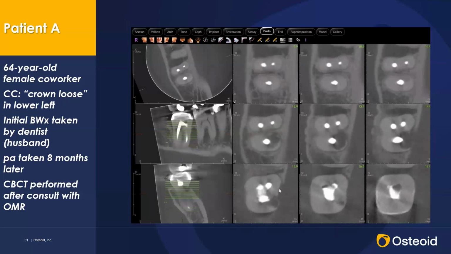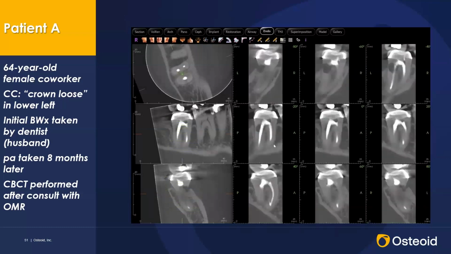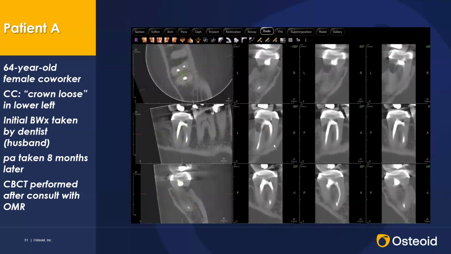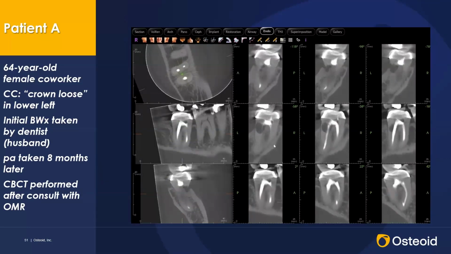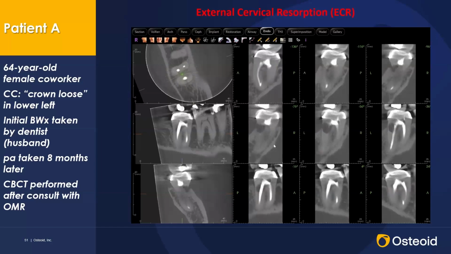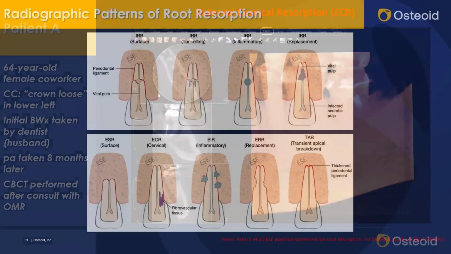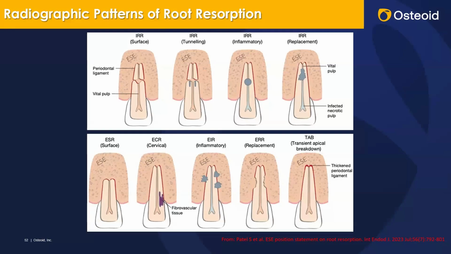And we're looking at now the axial image to confirm our impression in the three-dimensional image. We can identify the extent of the external root resorption. So external root resorption is a difficult management area, but sometimes the diagnosis is also quite difficult. I think it's important that we understand what the classification system of this is, such that we can lead ourselves to a prognosis. And here's the European Society of Endodontics